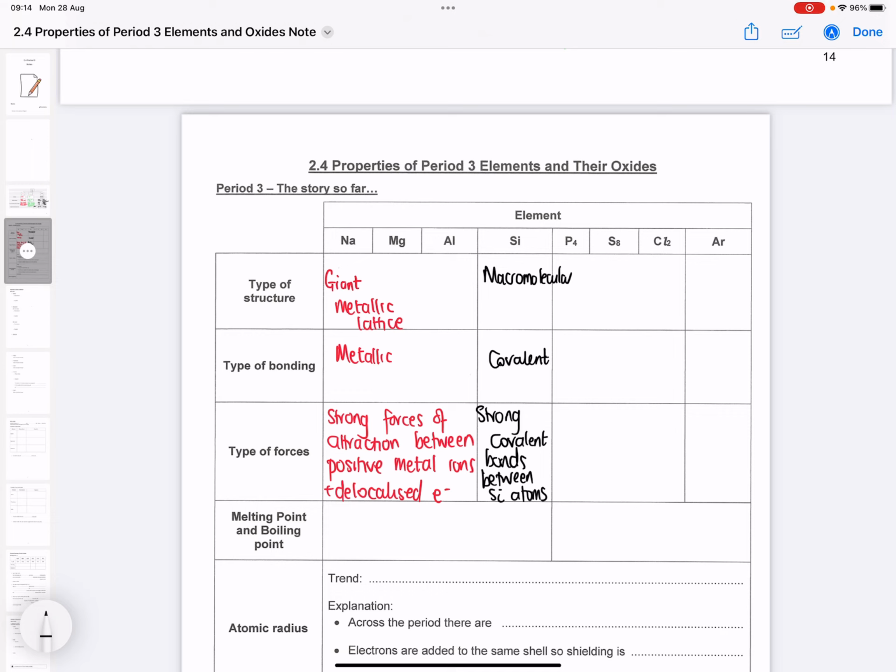In this case, they're between the Si atoms. Okay, and then we've got P4, S8 and Cl2, and do remember that we do need to know these formulas. These are not monoatomic, these have got different formulas. These are all simple molecular or simple covalent